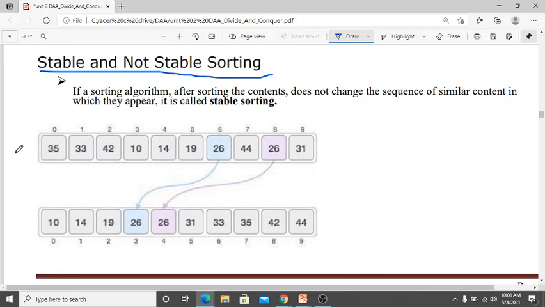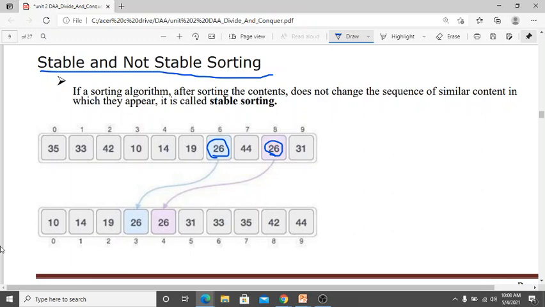See here, I have an array from 0 to 9, so 10 elements are there, and I have the data 35, 33, 42, 10, 14, 19, 26, 44, 26, 31. So here this data is not sorted. After sorting the data, there is a 26 here and a 26 here. Both are 26.